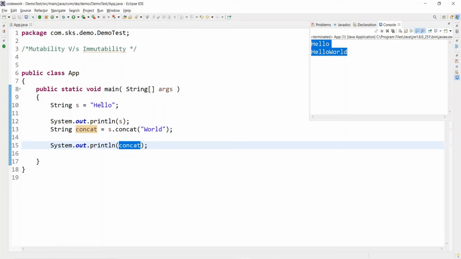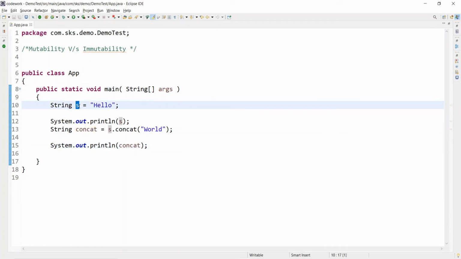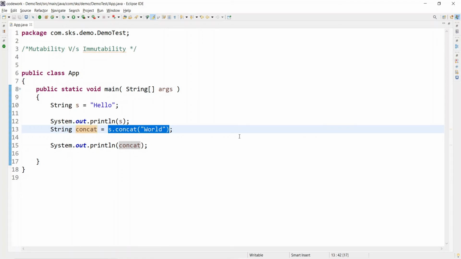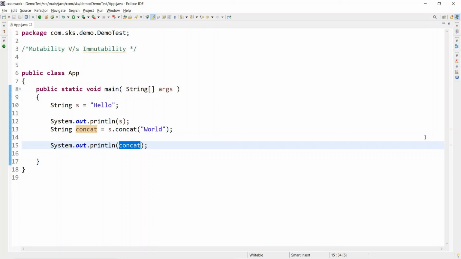So that's why you need to just remember, immutability means you should not be able to change the state of the object, you should not be able to modify. And if you are trying to modify, it will create another object with concatenated value. And if you are not assigning to any variable, that will be eligible for the garbage collector, because this is not having any reference, any reference variable is not pointing to the newly created object. That's why we have assigned to another reference string variable, right? And thereafter we printed. So this concept is very much important to understand what is mutability and immutability.